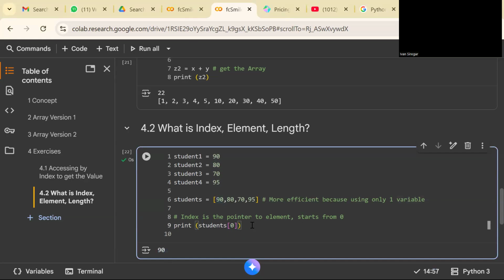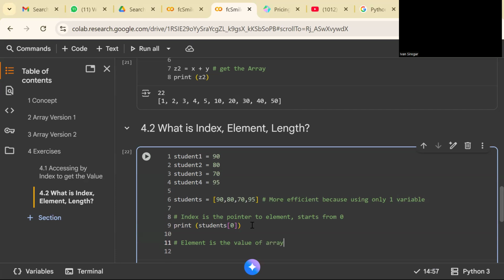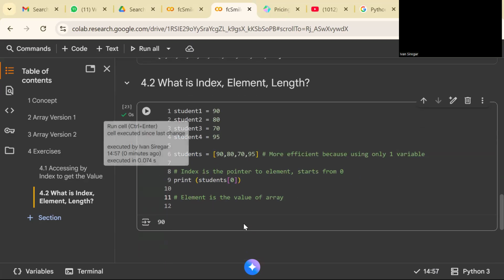So this is the index. What is element? Element is the value of the array. So element is the value itself. So accessing the element by the index. So this is the value.